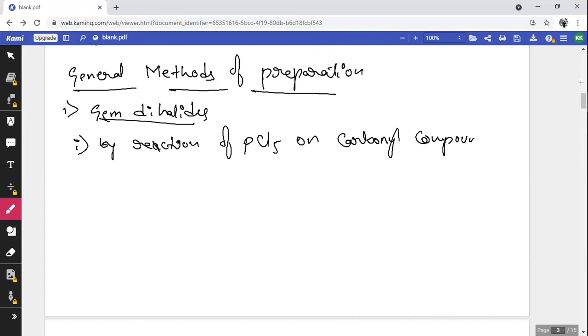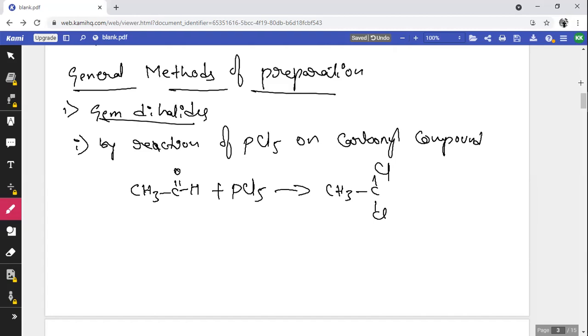The reaction of PCl5 on a carbonyl compound. So CH3CHO, treated with PCl5, gives CH3CHCl2 with the liberation of POCl3. Here the name of the reactant is acetaldehyde. It has a CHO group, hence it is an aldehyde, and the product obtained is